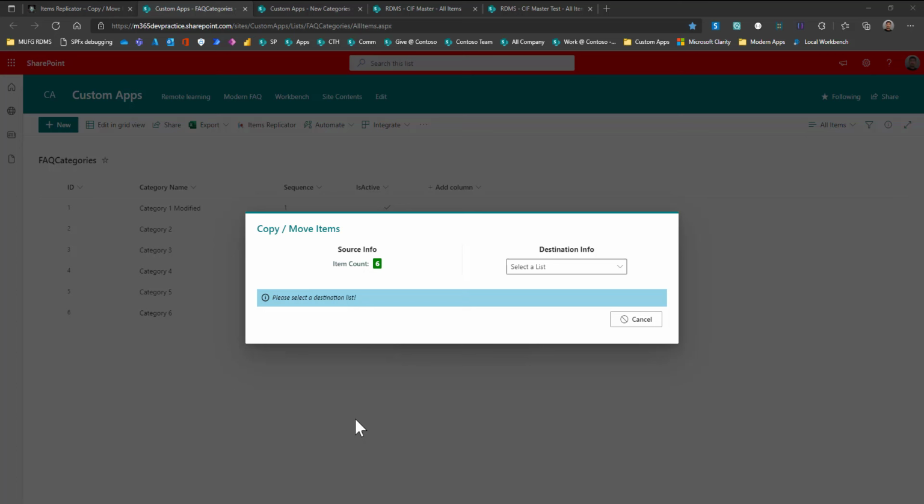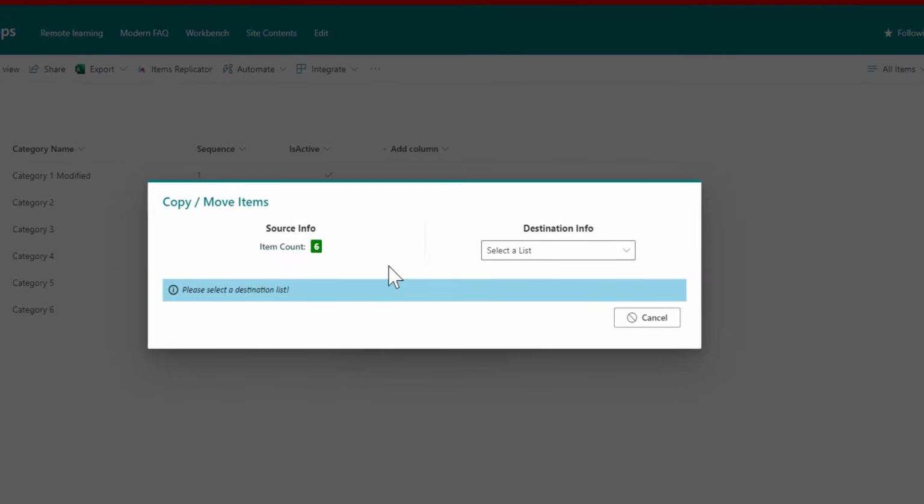Bulk copy or bulk move is carried out based on the best practice, and that is based on the batch operation. So when you select more than 50 items, it is converted into different batches and it is executed. So the batch limit is set to 50, and if it is below 50 items, then it will run as one batch. And if it is more than 50 items, then it will automatically get split into different batches, and based on the operation you choose, the batch will be executed.